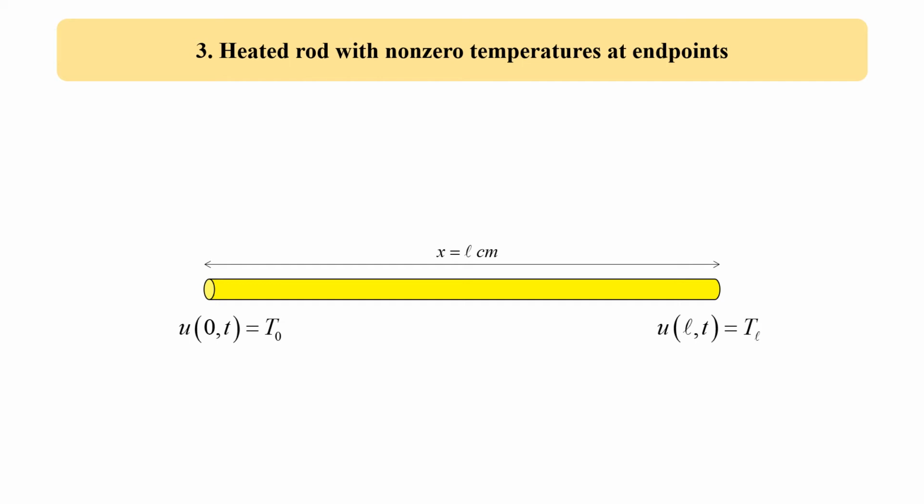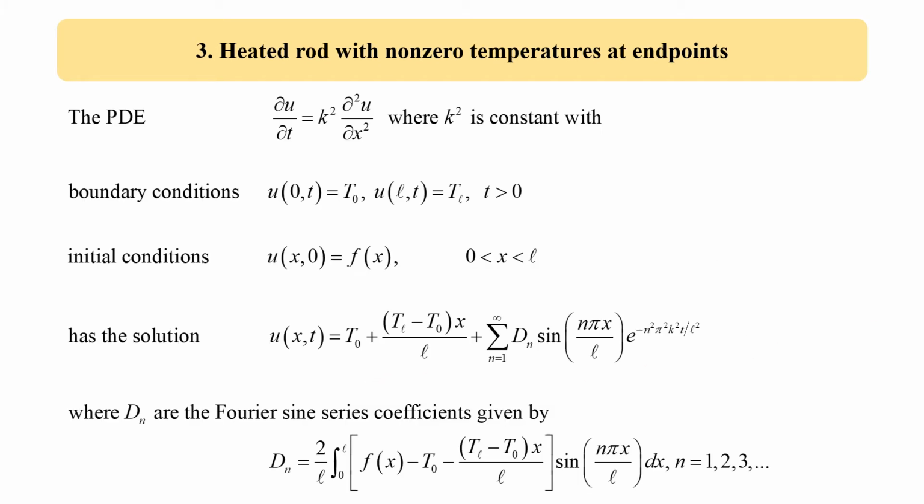We extend our discussion on the heat equation to the last case, the heated rod with non-zero temperatures at endpoints. It means that at the boundary condition, when x equals 0 and x equals L, the temperature is not zero. It has values. So for this case, the solution of the PDE with heated rod with non-zero temperatures at endpoints, given that boundary condition